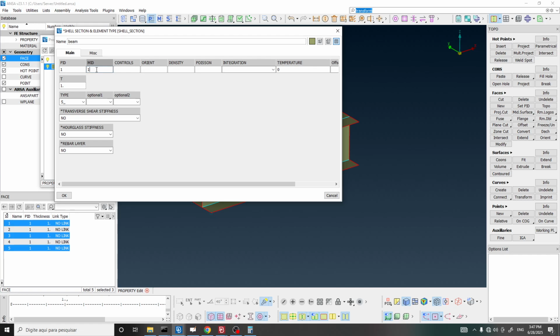The ID of the material, which is 1. I'm going to show the list of materials shortly. And the element type, which is S. Remember that in Abaqus,